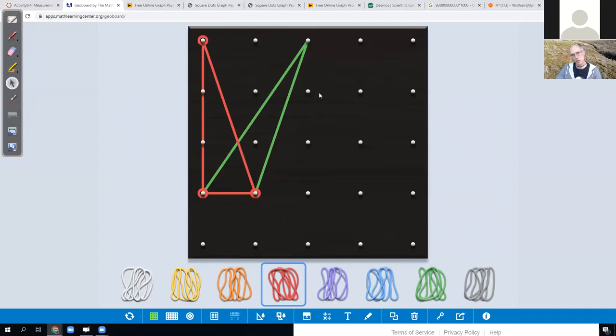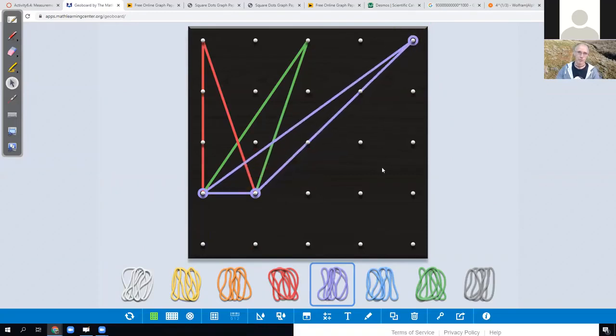The green one has a base of 1 and a height of 3. Its area is 1.5. And if I throw a purple one in here with the same base, but I put the height way over here, that top point, its baseline is right here. And above that baseline, 1, 2, 3, guess what the area of this purple triangle is? 1.5. Yeah,